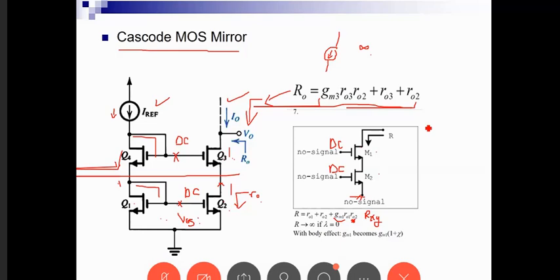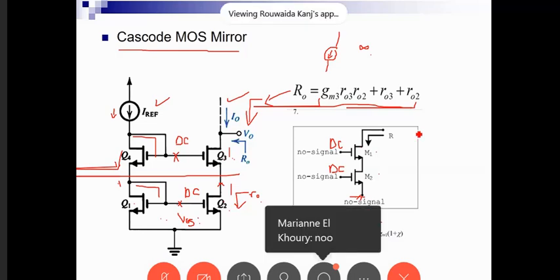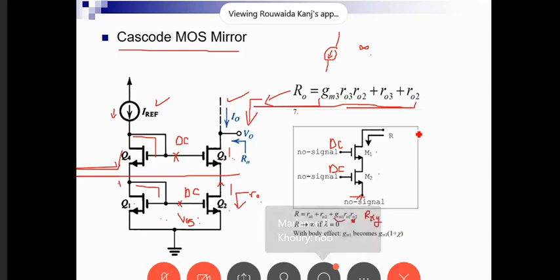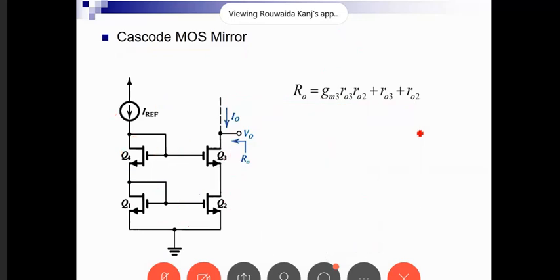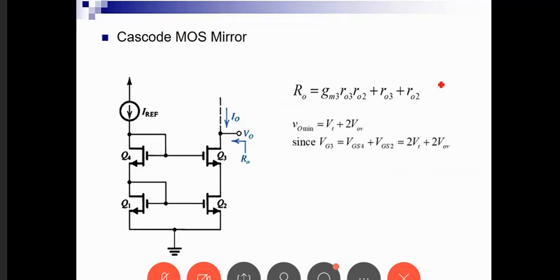Okay. So the next thing that we worry about now, it provided me with the current. It has DC bias at Q2 and Q3. I know its resistance. The next thing that I look for is really, well, what is the allowed voltage swing for V output? I mean, if I have my amplifier sitting here,